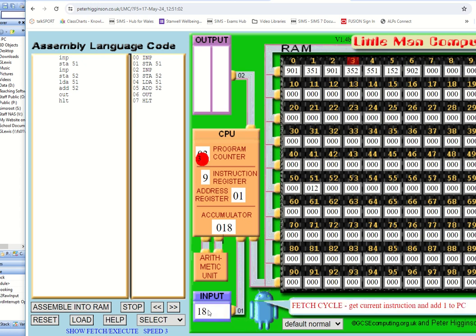Let's go and see what happens with 18. So it goes and gets the instruction 352, which means store in location 52. So it takes the accumulator off to 52. And then it goes on the address bus and the data bus, goes and gets the next instruction 551, which means load